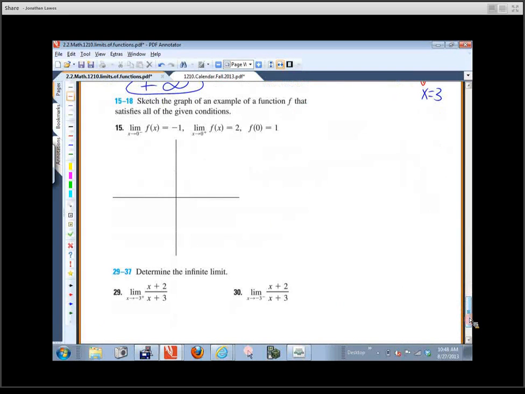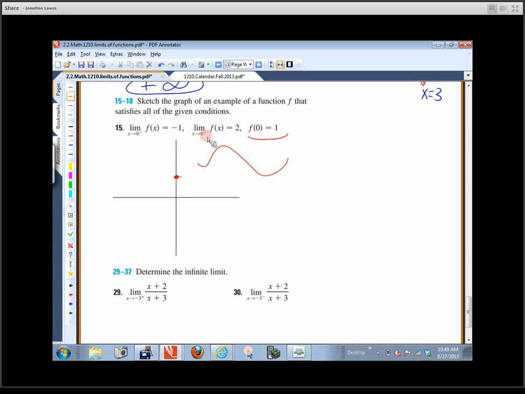You've got problems like this in your textbook. It says, sketch the graph of an example function that satisfies all of the given conditions. If they tell you what a function value is, those are the easiest things to do. So let's work backwards on this. F of 0 is 1. The limit as x approaches 0 from the right side is 2. So I don't know anything about the behavior of the function out here,